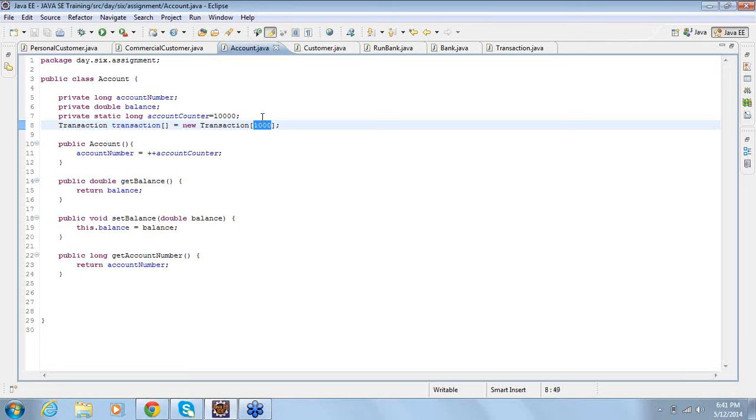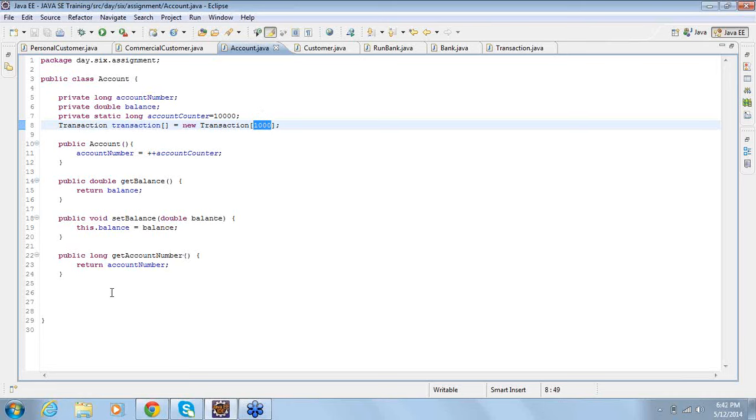That is, I am restricting my customer to perform only 1000 transactions. He cannot go beyond it. But in an actual banking system, there is no limit on the number of transactions the customer performs. Right?